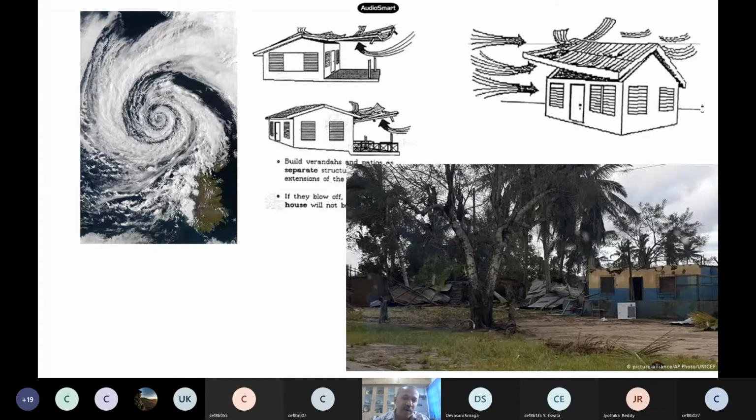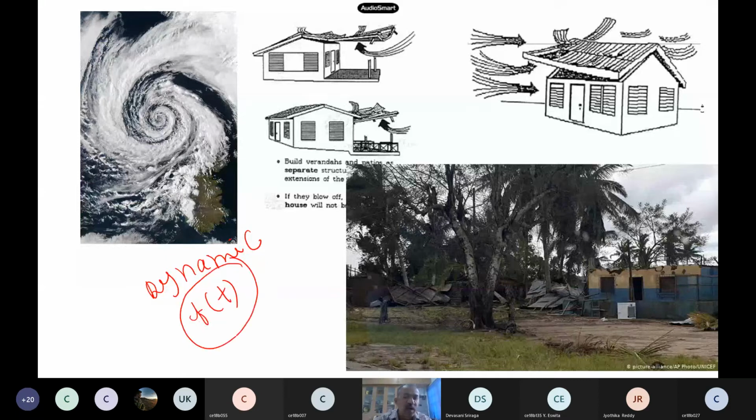So now let us see our wind load. As I already told, it is very, very complicated. The live loads and dead loads are very easy. Wind load is very complicated, and it is a dynamic load. These are all functions of time. So the wind load will be there, but how do we handle this was the issue.